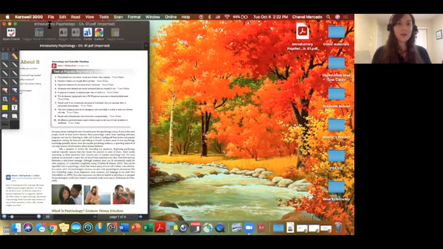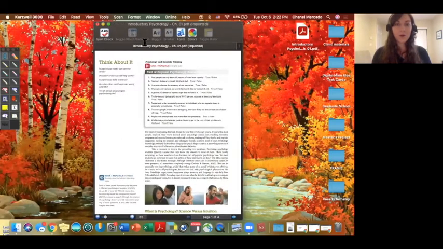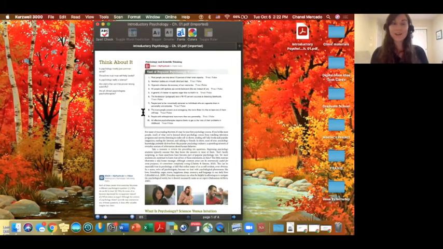All right, so I'm going to pop back here to our reading. So now it's all done converting this for me. And usually you'll see on the left here, I have this tools toolbar that's usually not there. So I'm going to exit out of that and I'll show you how to find that later. So here is our reading. This is just a psychology textbook from the first chapter, just for your reference.